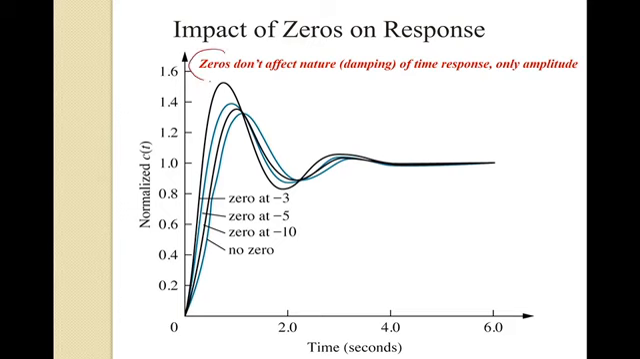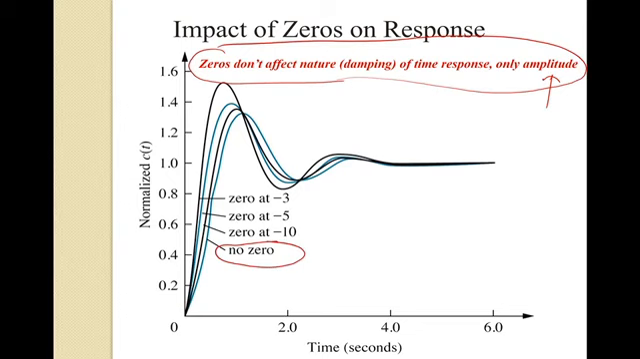Well, what you see here in red, zeros really don't affect the nature, the damping of the time response, but only what? Only the amplitude of it. So first of all, we have a system with no zero. That's this farmost blue plot right here. You can see, okay, that's our system. But now if we start adding a zero, notice based on the location of the zero, the settling time